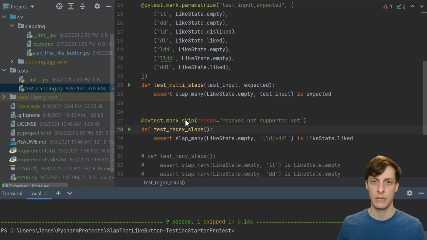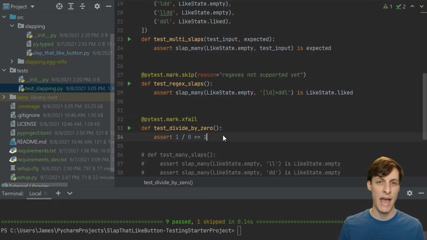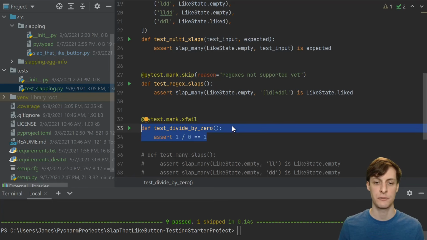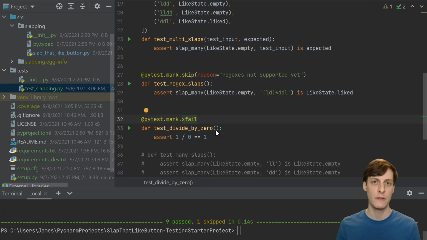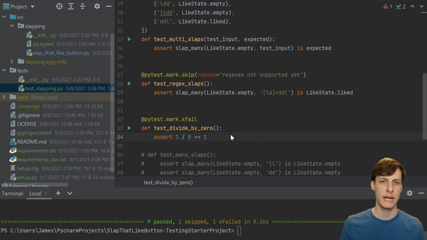You can also use a related function, skipIf, to skip tests based off of things like, is the operating system Windows versus Mac? If you have a test that you know is failing and just for some reason don't want it to fail the build, then you can mark it with this xfail, expected fail. Then it'll still run the test, but it won't count as a failure for the purposes of did the build complete or not. However, an expected fail is not what you should use if you're expecting an exception. If I wanted to test whether I get a specific exception, there's a separate mechanism for doing that.